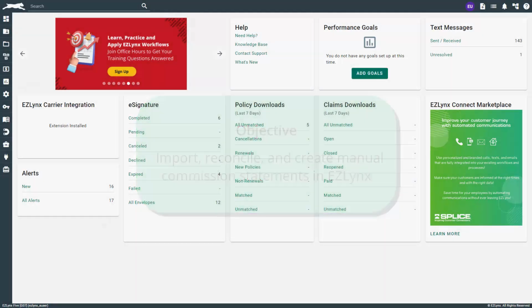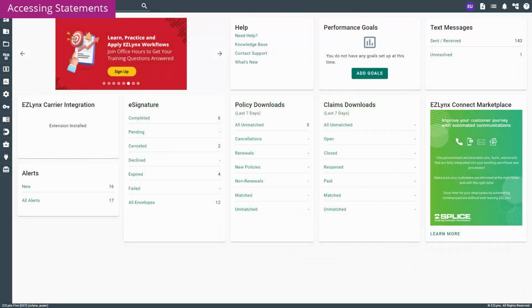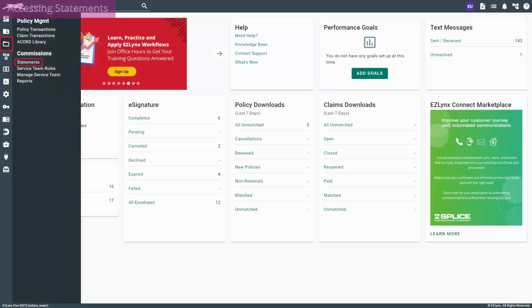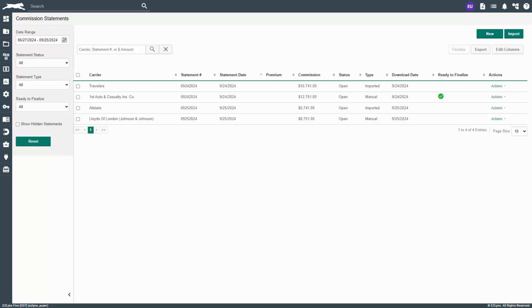So, let's get started. To access any statements in your system, hover over the Policy Management icon and under the Commissions header click Statements. Let's take a look at the elements on the Commissions Statement page. On the left side of the page, you will see the statement filters. Using the date range filter is very important to make sure that you are seeing the statements that you want to be working on. You can also filter on statement status, type, and if any statements are ready to be